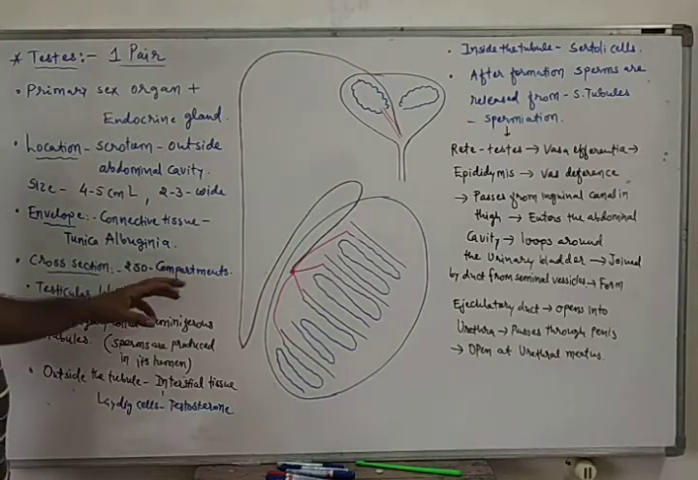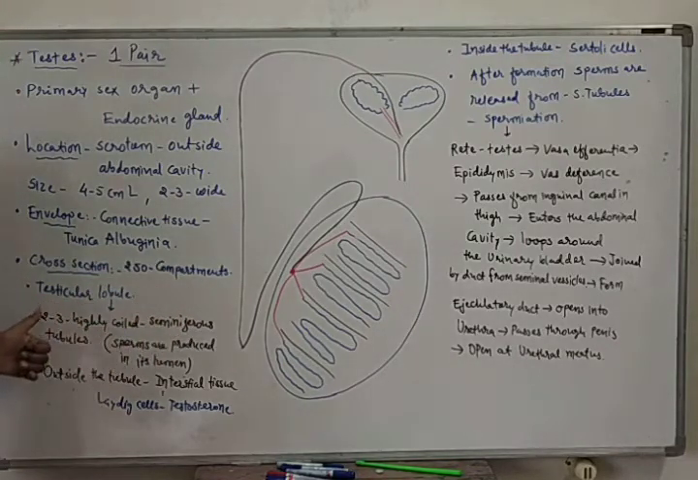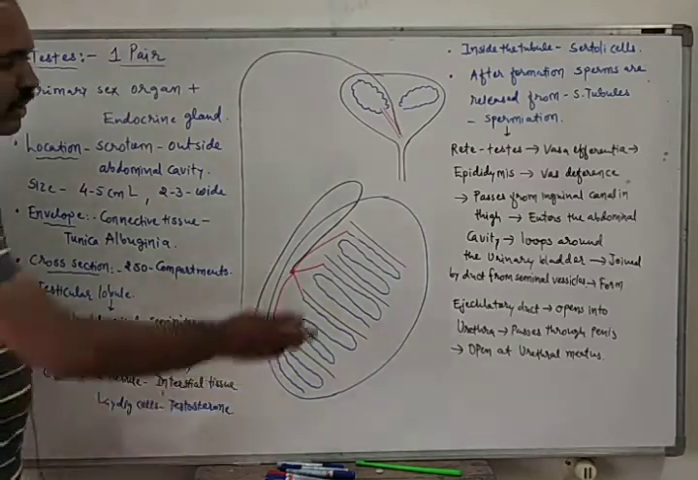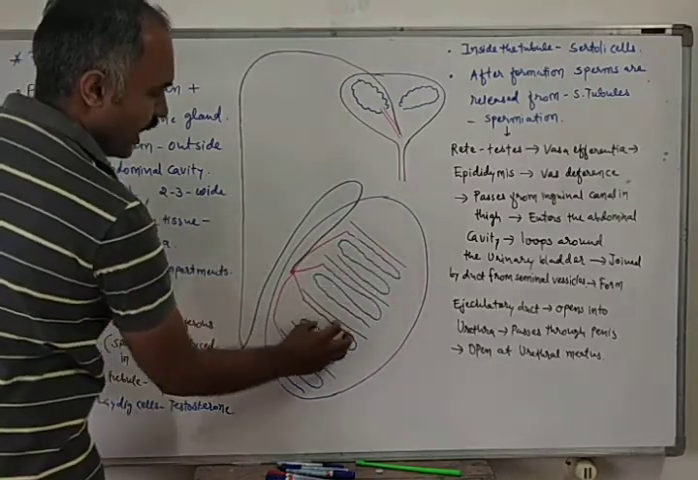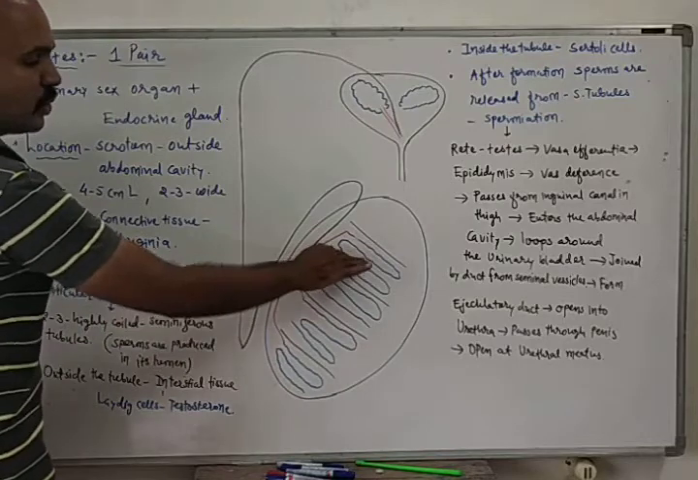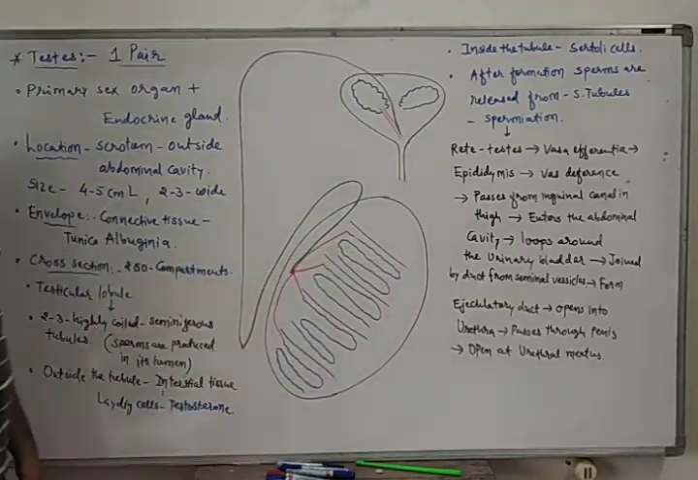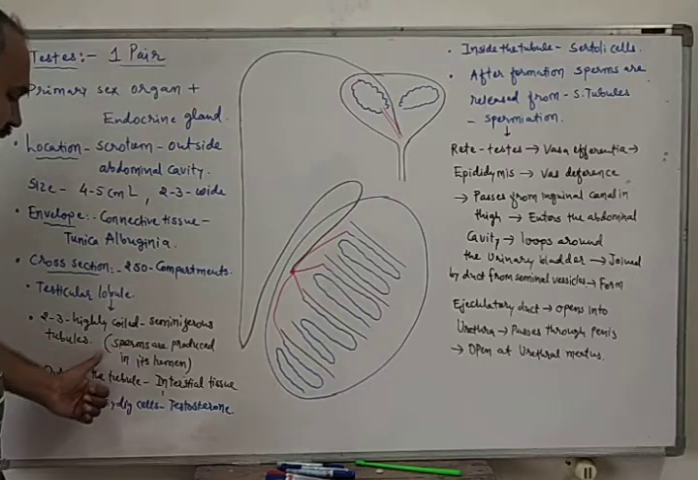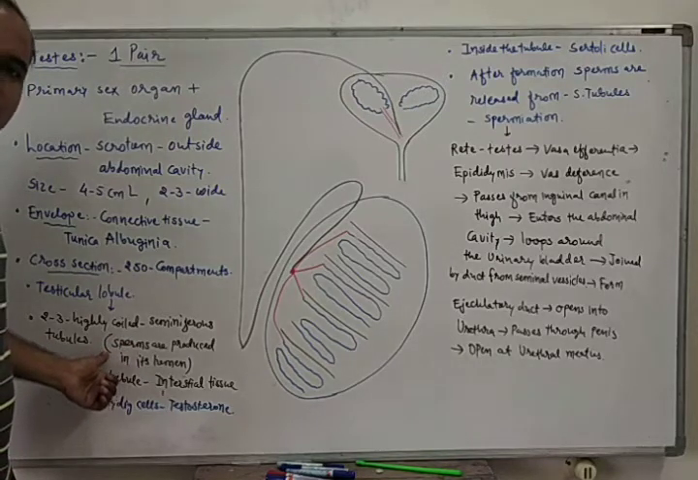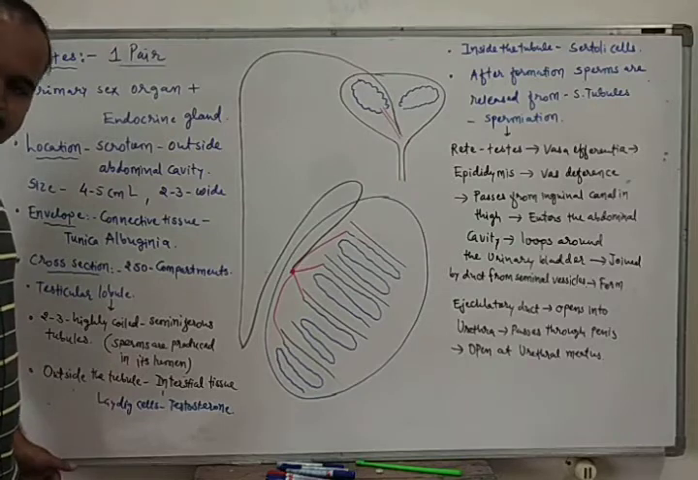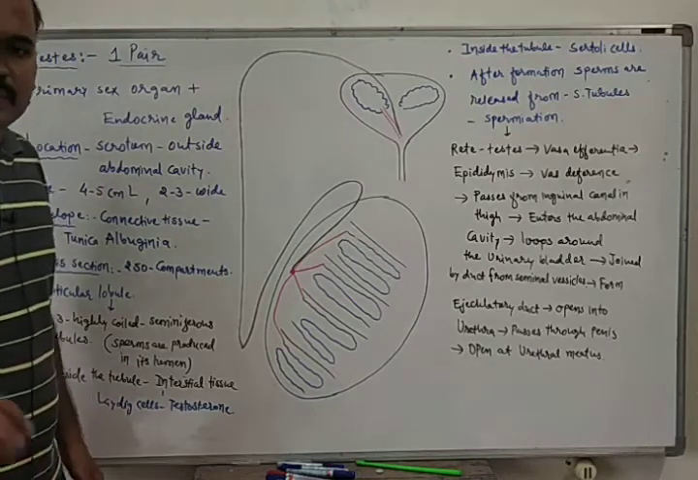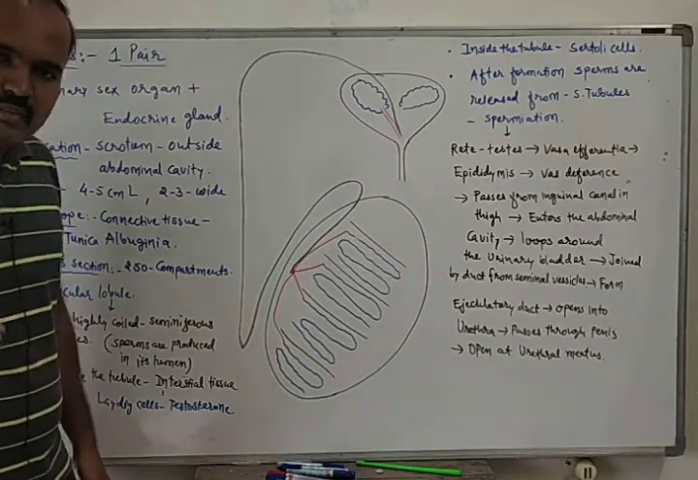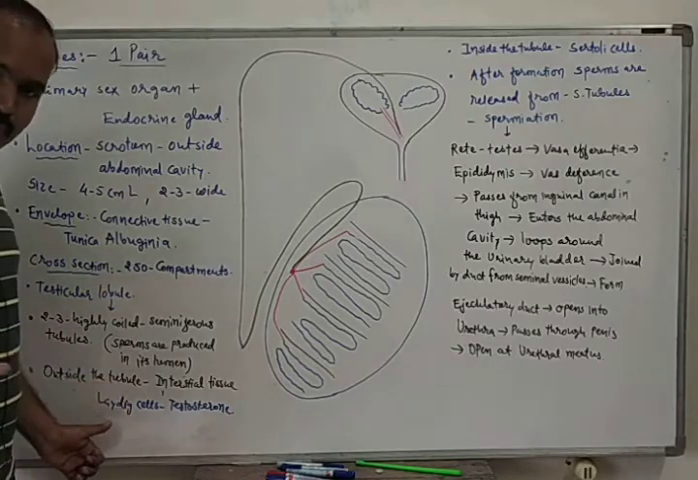If we take a section of the testis, we find that it has 250 compartments, and each compartment is known as a testicular lobule. Each lobule has 2 to 3 highly coiled seminiferous tubules, and sperms are produced inside the lumen of the tubule. Outside the tubule,